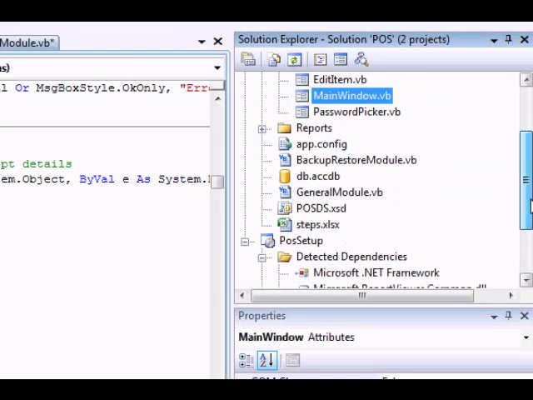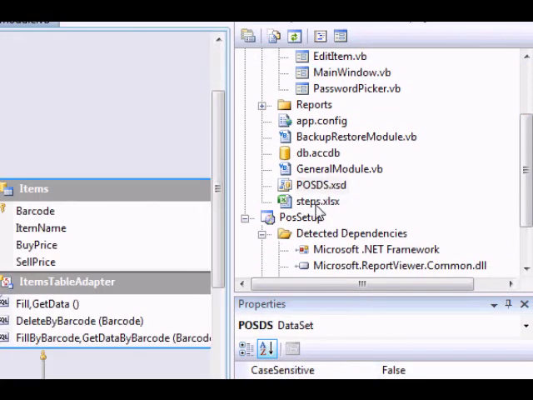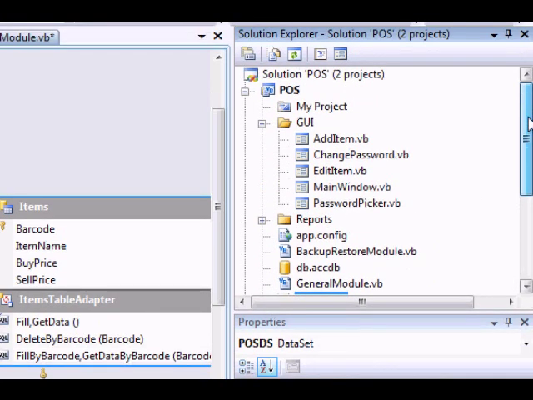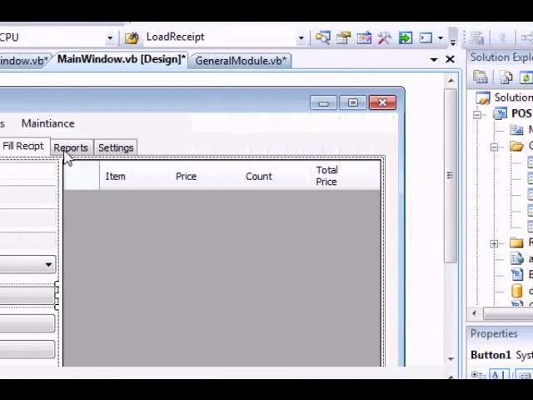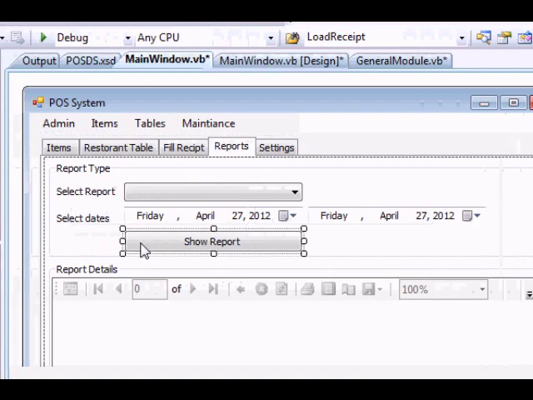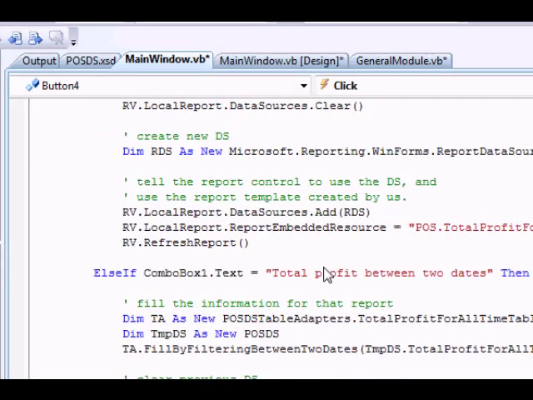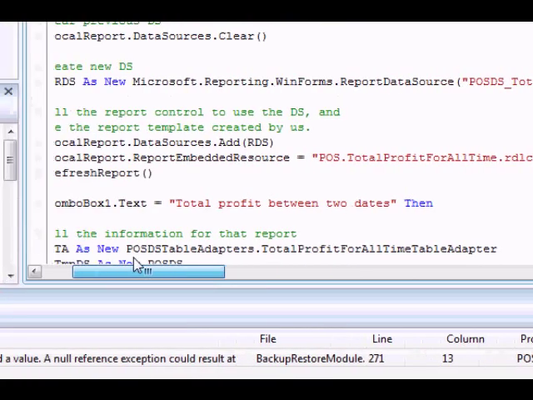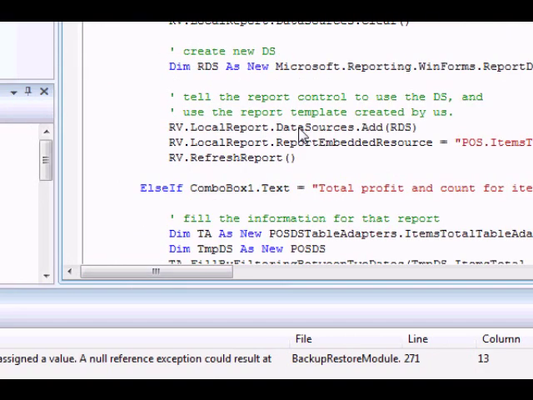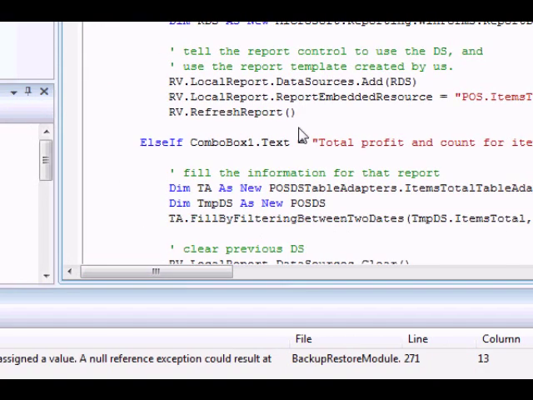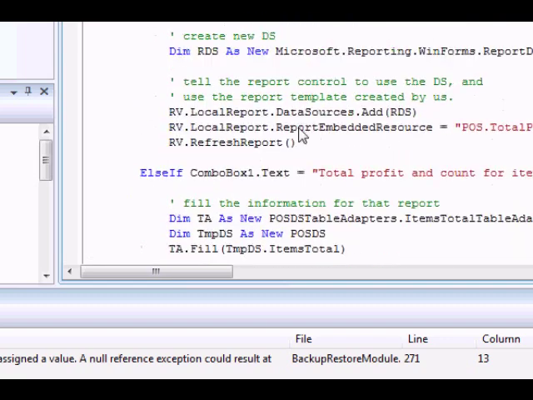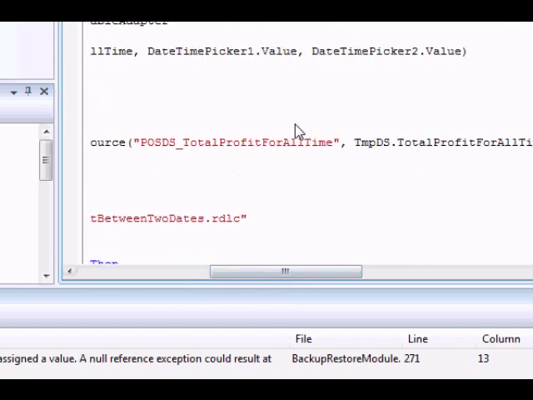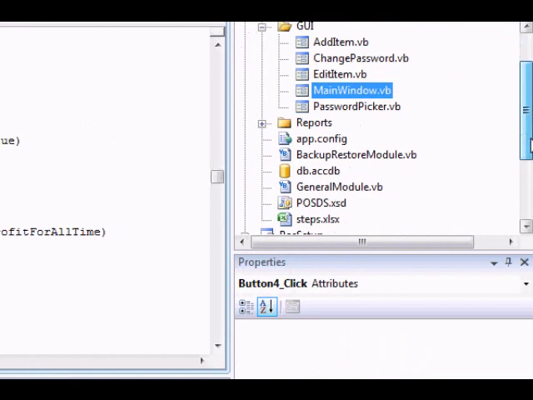One last thing I will need to do, which is the reports. Where's the reports? Let's go back to the reports here. When I say show report, what do we have? How did I do it last time? I totally forgot about this. Okay,